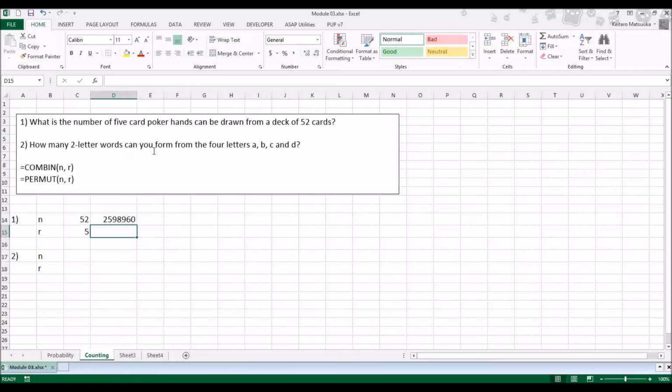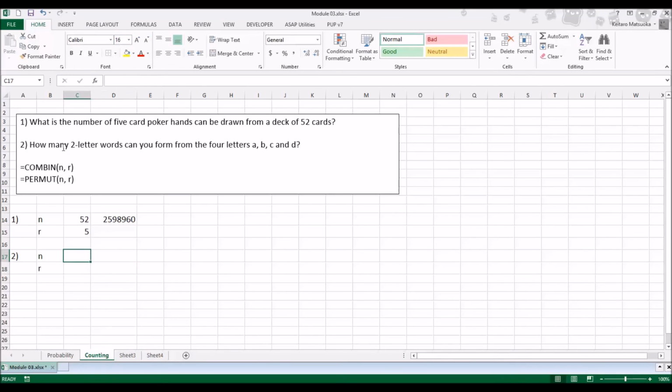So that gives the number of poker hands that I can draw, 5 cards from a deck of 52 cards. And I need to do a combination here because in a poker game, the order does not matter as long as you have the correct set of hands. So that's why I use combination here. On the other hand,